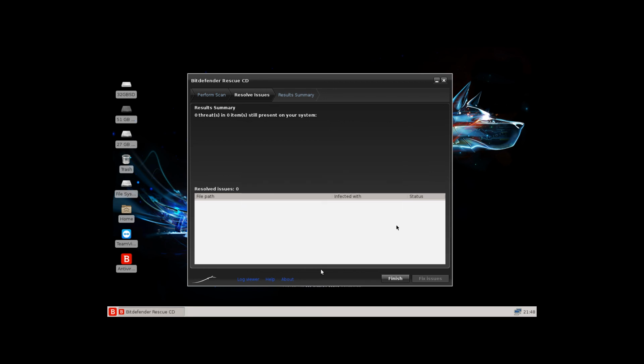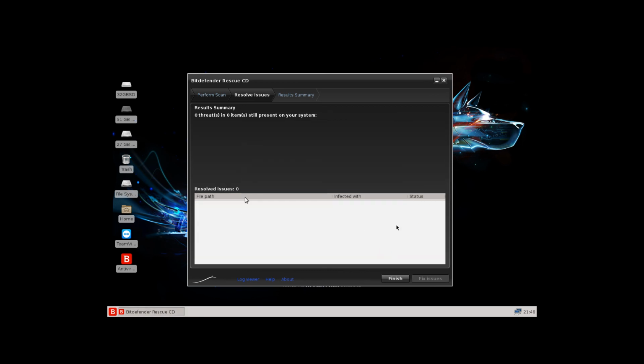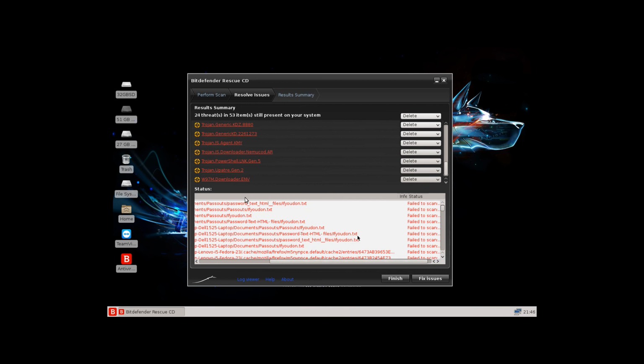I don't remember what's exactly in here. And there were no issues in this one. That's why it says 0 issues to resolve. And that's where I was fixing issues. So actually, okay, this is after the issues were fixed. This is that first scan on the Dell 1525 laptop. This was all luckily in